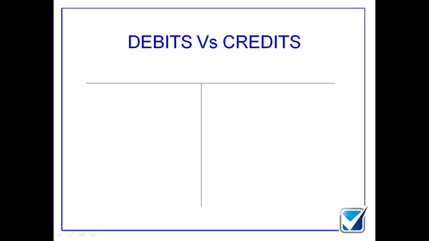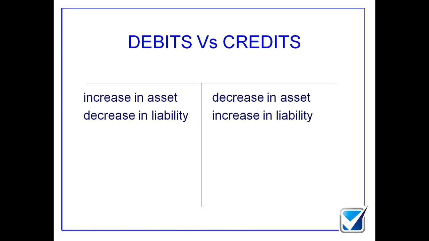So as we go through all these various different debits and credits, we're going to start thinking about the impact on my balance sheet, on my statement of financial position, and then the impact on my profit and loss account. The impact on my balance sheet will be an impact on assets and or liabilities.